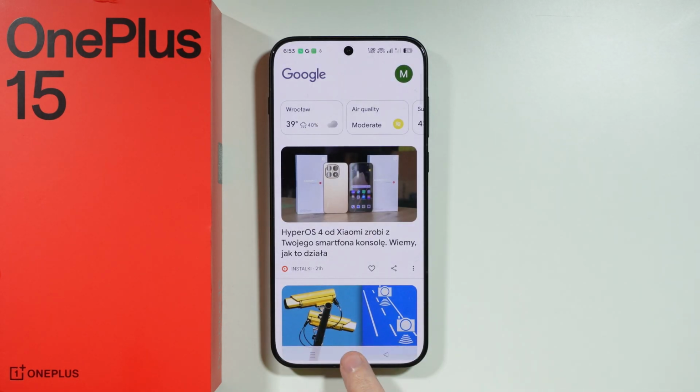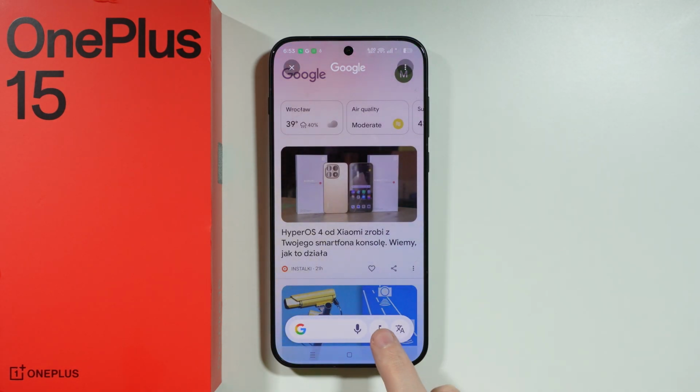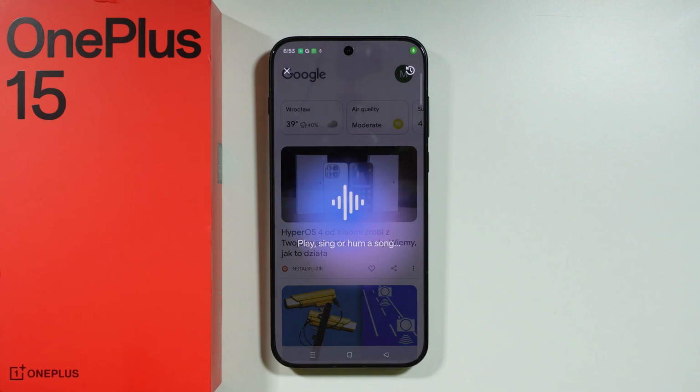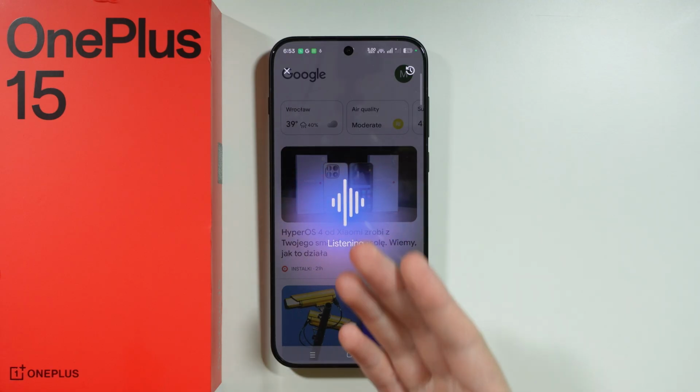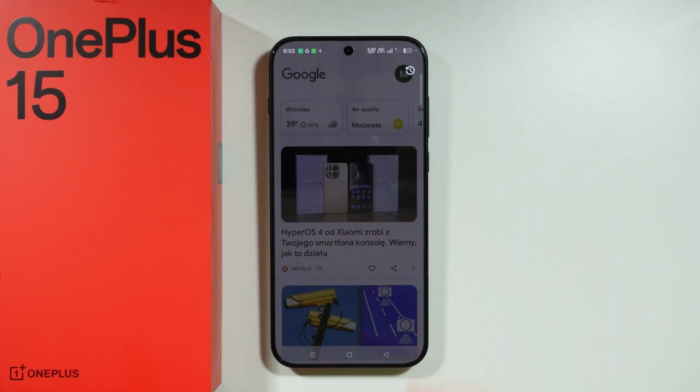But besides that, what we can also do is we can use this search bar, of course. At the bottom we also have this microphone. You can use this button in here right next to it, next to the search bar, in order to search for a song. So if there is like a song played in the background and you want to know the title of that song, then you should be able to use this feature and you will get Google search results